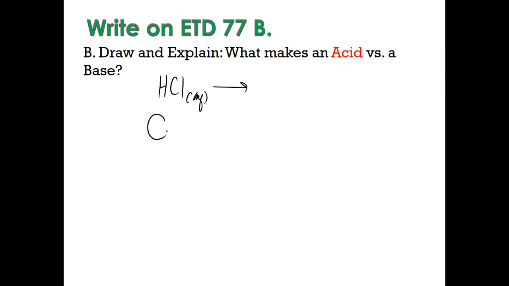Well, it formerly, of course, was this chlorine and a hydrogen, two nonmetals, sharing together, but they're not sharing equally. They are, of course, in a highly polar covalent bond. That's because chlorine is hogging the electrons. The hydrogen is just holding on. As soon as I put it in aqueous, I put it into water, and the water, of course, is a crucial ingredient because that allows it to dissociate. A good acid like this one, because hydrochloric's pretty nasty stuff, a strong acid, it'll kick off these things called